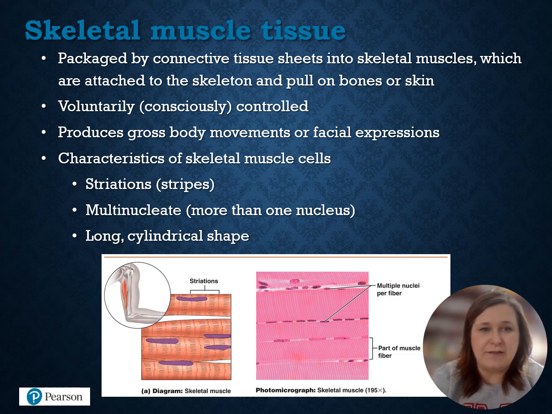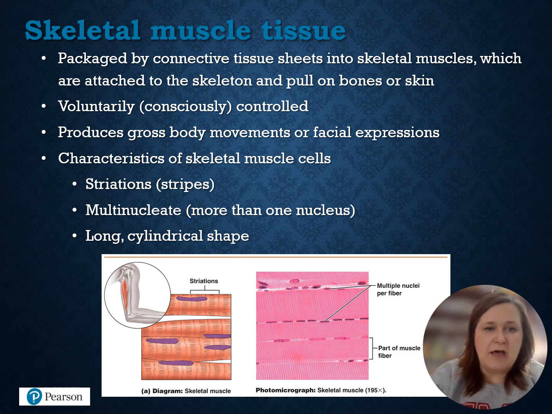which are attached to the skeleton, and they're going to pull on the bones and the skin kind of like levers. It's going to be voluntary, which means it's going to be consciously controlled. It's going to produce gross body movements or facial expressions. So the voluntary movements that we want to control that are very obvious when they happen is the layperson speak